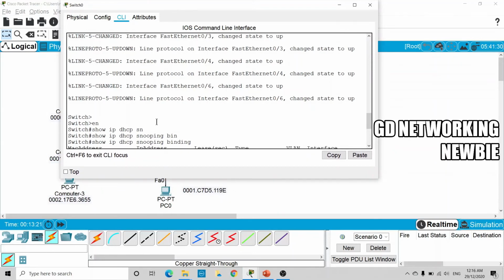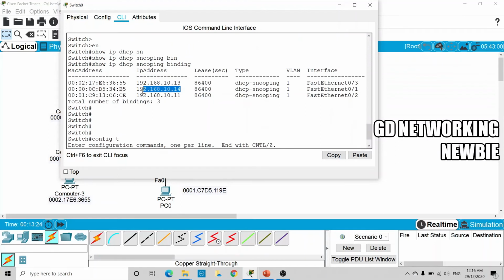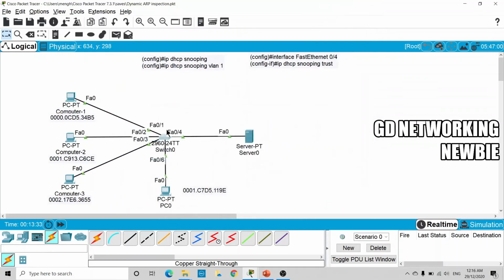So you can see 1.14 is the IP address assigned to the computer having this physical address, but this is the computer having a different physical address. This is the reason that ARP inspection is not going to allow these ARP messages to be forwarded from this computer to some other computers or other resources on the network. So this is the job of ARP inspection, and it can block these ARP messages, both ARP requests and ARP replies. So we can block such kinds of attacks in our network by using ARP inspection.